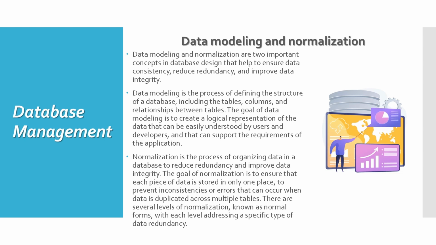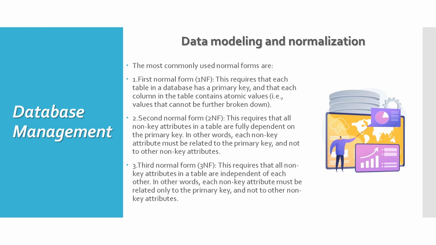Normalization is the process of organizing data in a database to reduce redundancy and improve data integrity. The goal of normalization is to ensure that each piece of data is stored in only one place, to prevent inconsistencies or errors that can occur when data is duplicated across multiple tables. There are several levels of normalization, known as normal forms, with each level addressing a specific type of data redundancy. The most commonly used normal forms are: